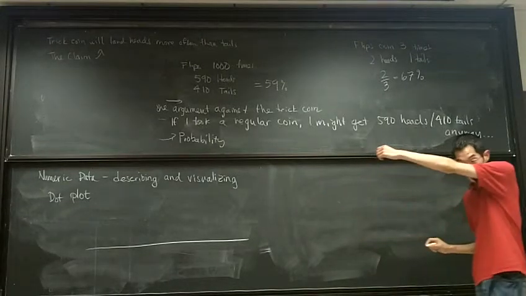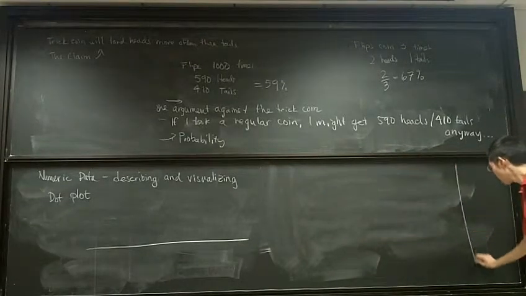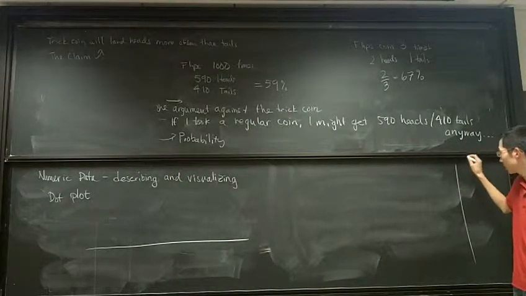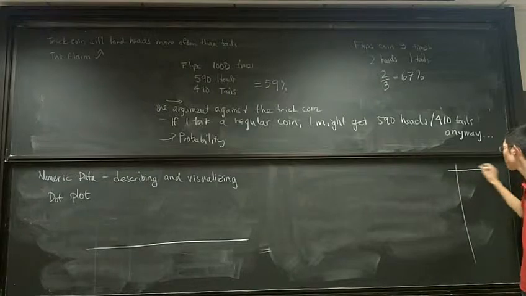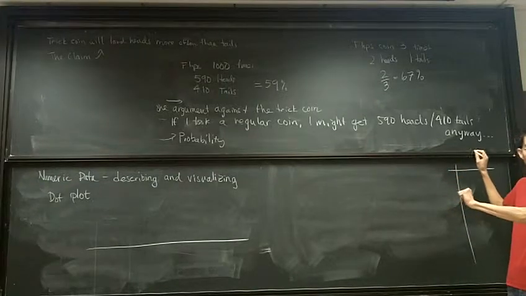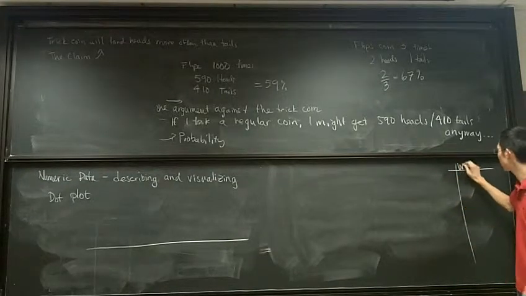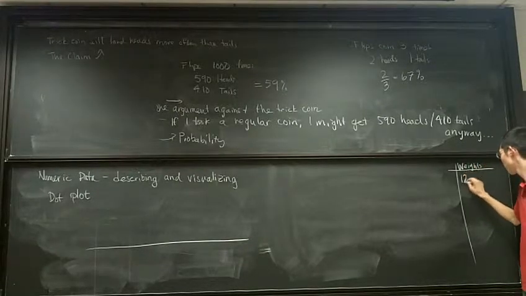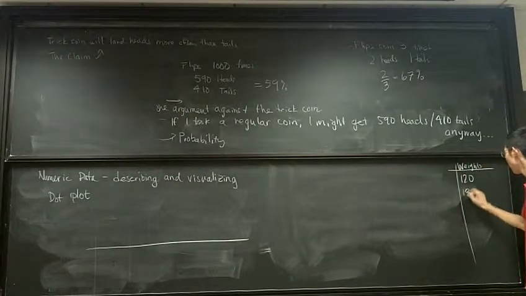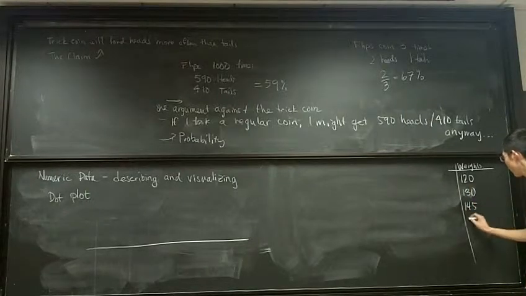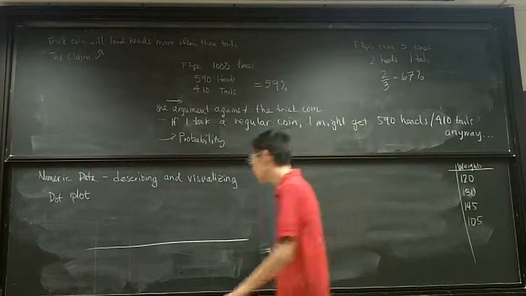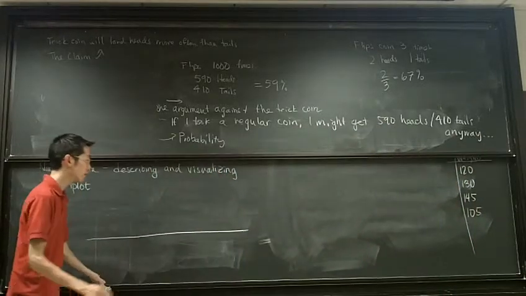Okay, so maybe let's just look at, we can only do one variable at a time right now. Okay, so we'll just look at the weights of people, and maybe one person was 120, 130, 145, 105. Okay. If I made a dot plot for this data, okay,